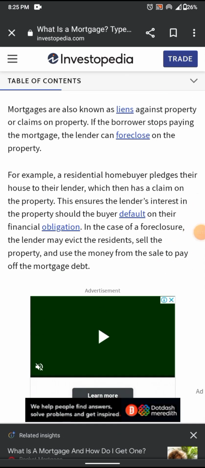Mortgages are also known as liens against property or claims on property. If the borrower stops paying the mortgage, the lender can foreclose on the property. For example, a residential home buyer pledges their house to the lender, who then has a claim on the property. This protects the lender's interest in the property should the borrower default